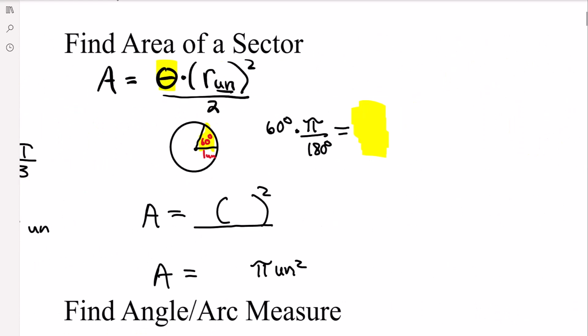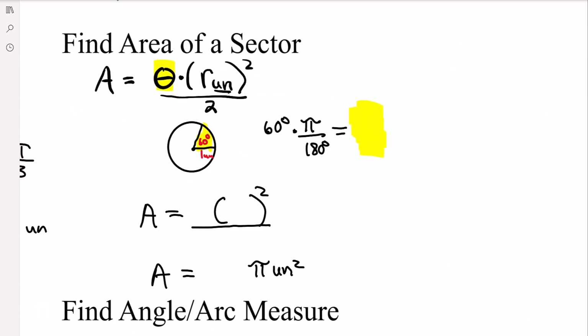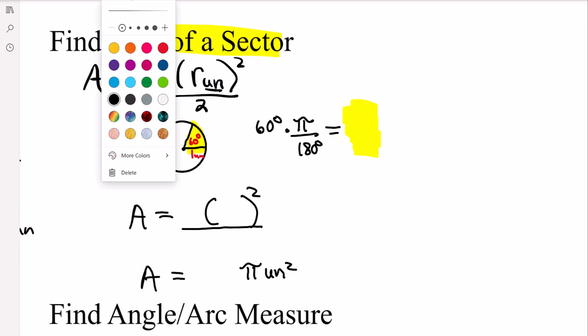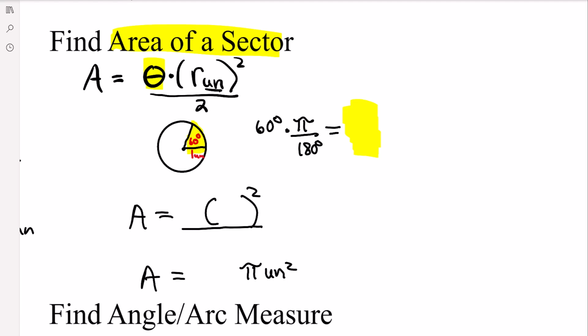So that's arc length. Now we're going to find the area of a sector, and that is the area of the circle that lies within the 2 radii that form the arc. So again, we have 60 degrees, and a minute ago we converted that to pi thirds, but this is now the area. To find the area, the formula is